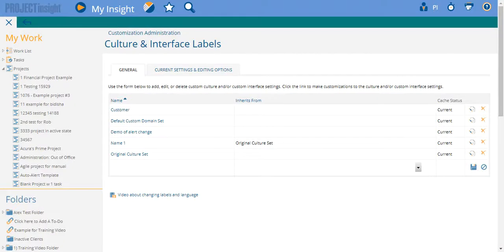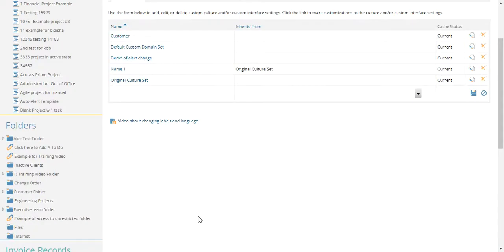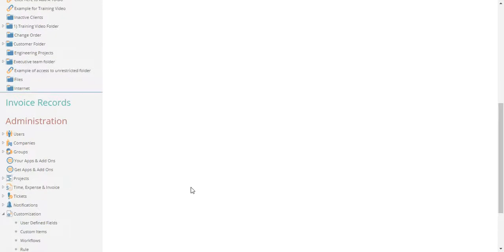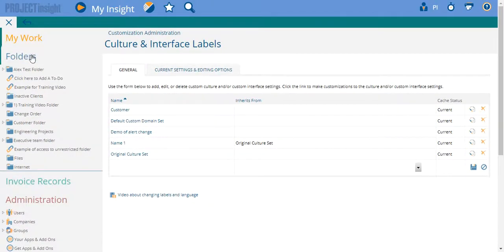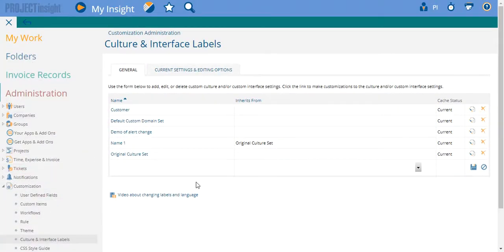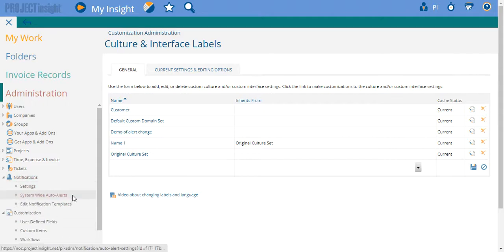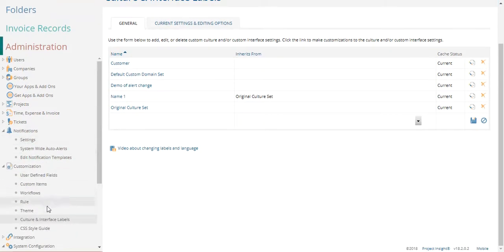Hi, in this video we're going to go over how to change email notification templates. So what it is, it's an administrative function, so only a system admin project inside can do it. And you can go straight to edit notifications templates, but first thing really to look at is if you're using culture